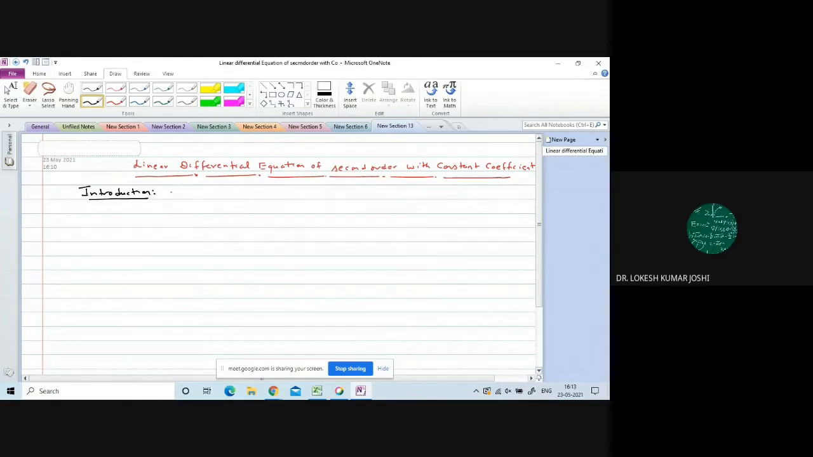The general form of linear differential equation of second order is given by d2y/dx2 plus p dy/dx plus qy equals r, where